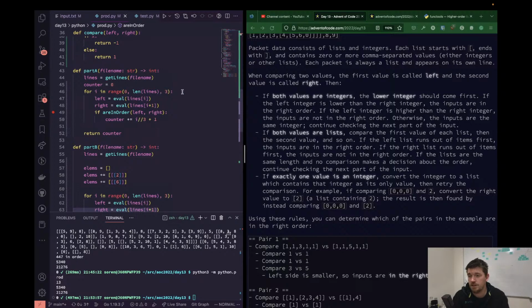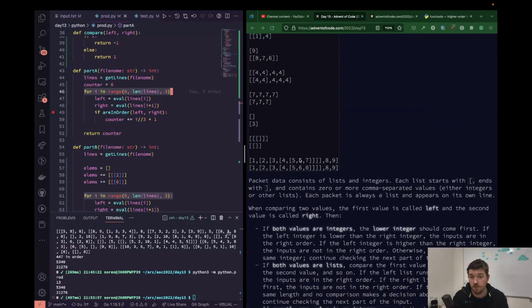We set a counter. Then I use this here to jump 3 lines at a time. And then I have the left and the right. I just use the Python eval function because this just happens to be how Python would represent these exact values. So it's just a matter of interpreting this as though it were Python. So that gives me left and right. And if they are in order, I increment the counter by,